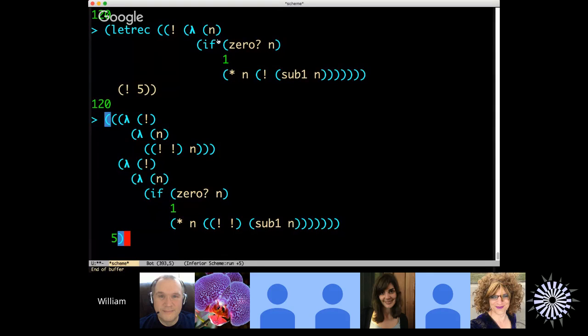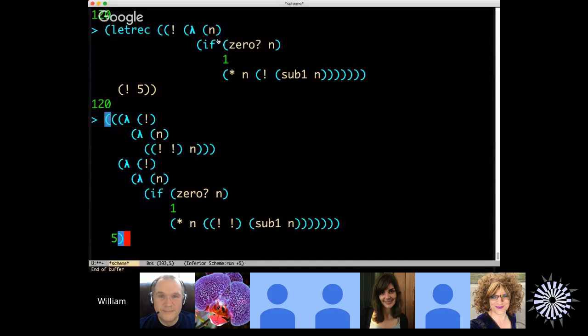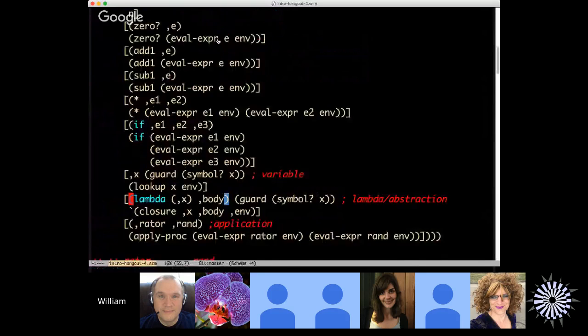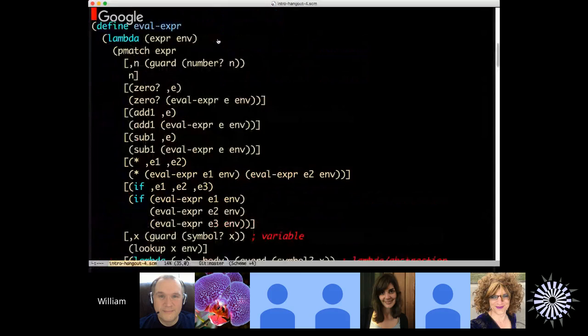We can derive how this code works and why it works, but the key point is that we don't actually need define. We don't need letrec in our language to actually use recursion, which is a really remarkable result. And there are various ways to do it in terms of combinators, and this poor man's let is one way to do it. But what's important for our purposes right now is it allows us to take this expression and use it to test our eval expr, even though we haven't added